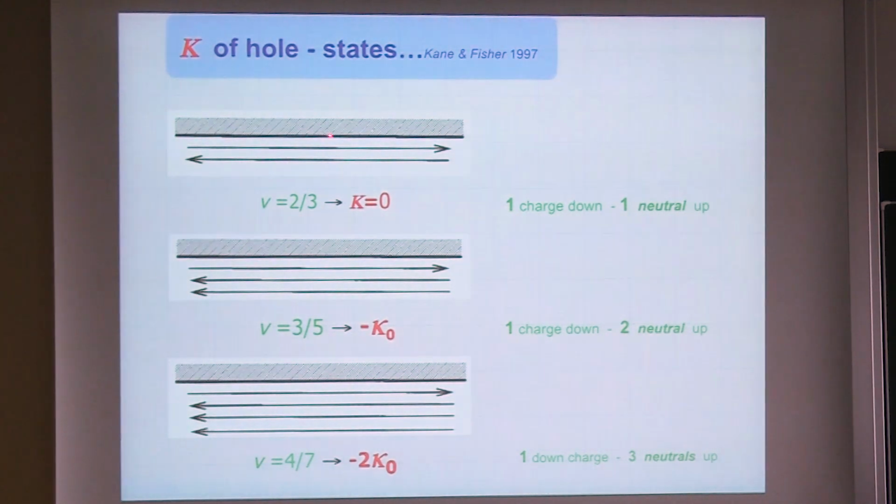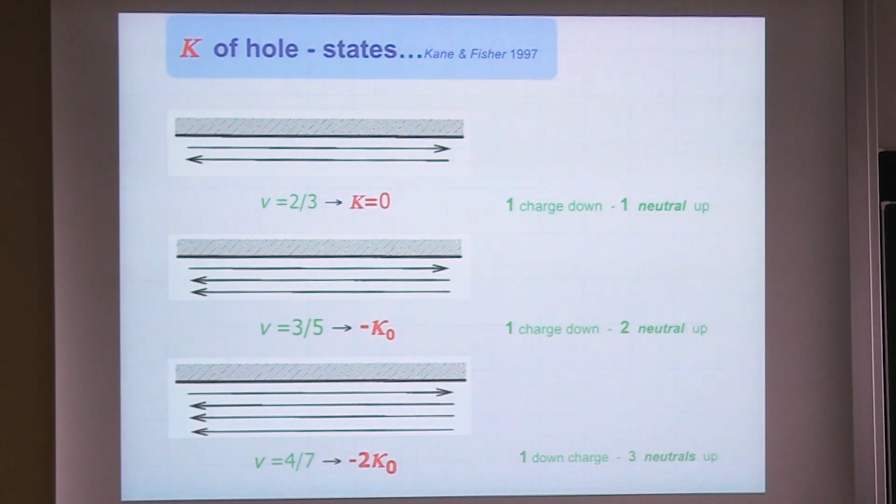So 2/3 has exactly equal and opposite number of edges. 3/5 has 1 more opposite running edge. 4/7 has 2 more. And this negative sign is something bothersome, because heat cannot go upstream. But then think about it, that in quantum Hall the edges are running through. So there is another edge on top